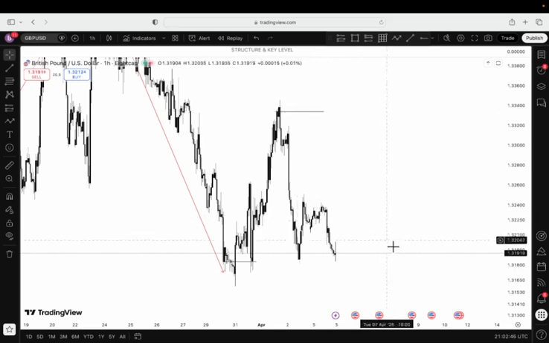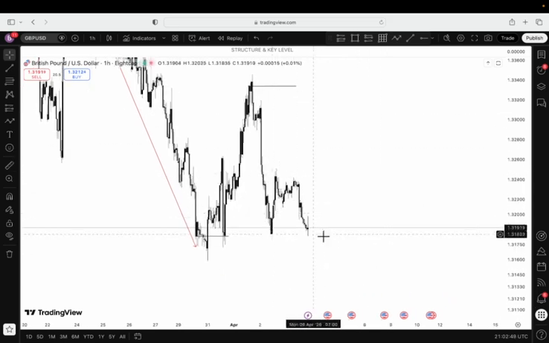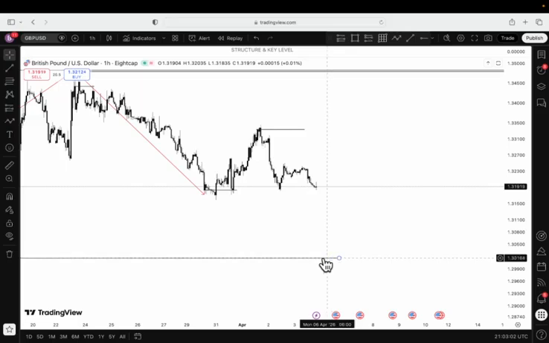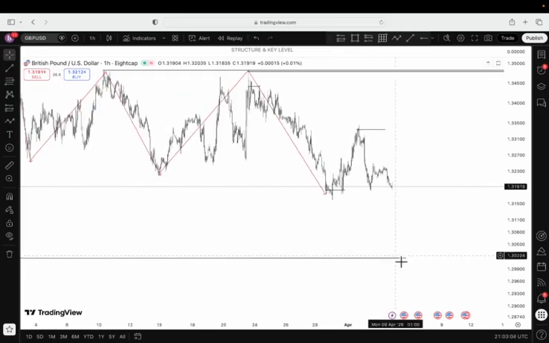Okay, there's no entry here yet. That's all. Just have to look for sales and target this low. This was 1.3014, because you can possibly get a bounce from here,